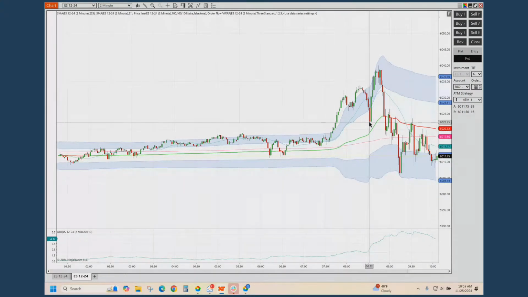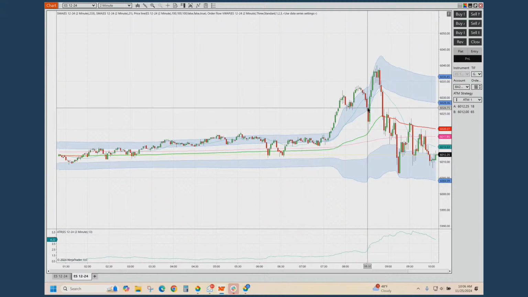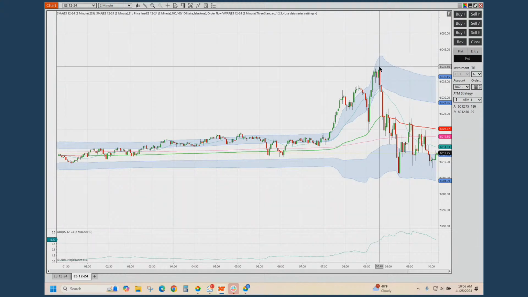The market opened somewhere here. It was nice, a gap up market. ES opened way above Friday's close. And then overnight it went up, up, up. And just before the market opened this morning at 8:30 a.m. Central, it started to plummet. It picked up all the liquidity it could at a VWAP level and then started to push back up. Took all the liquidity, trapped all the buyers here, and started to fall.